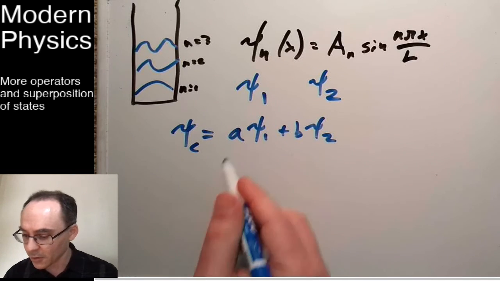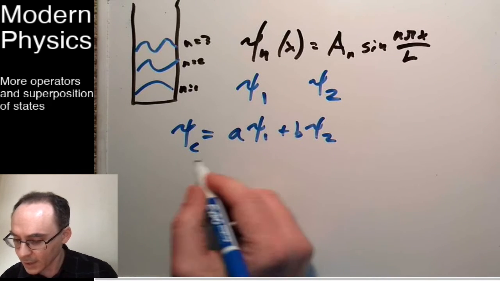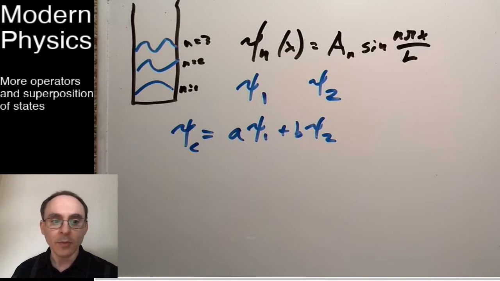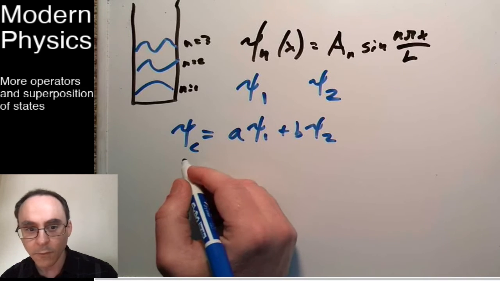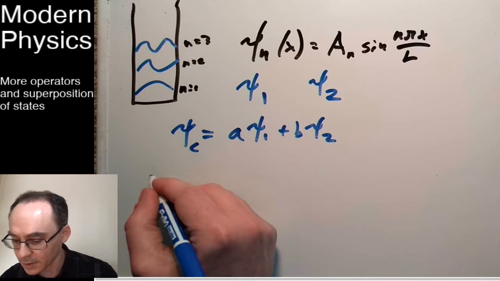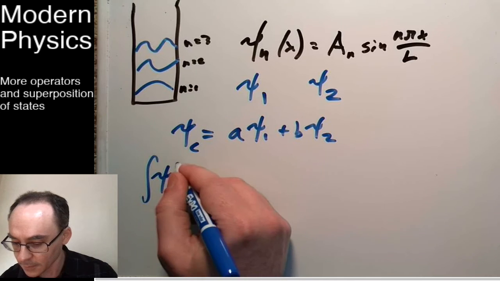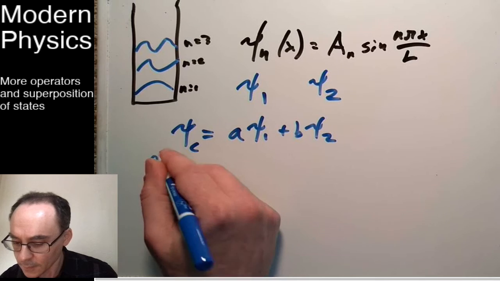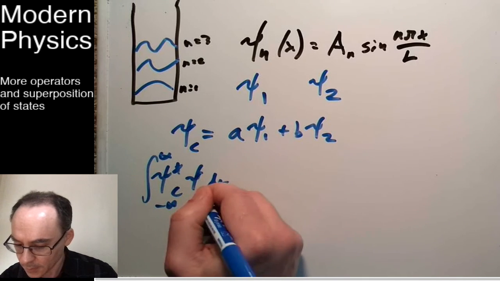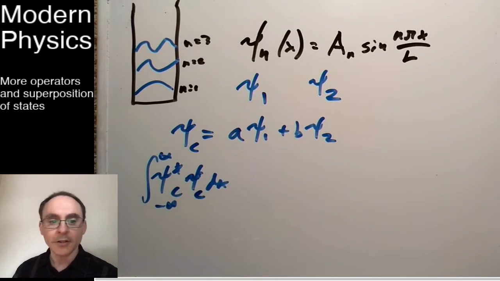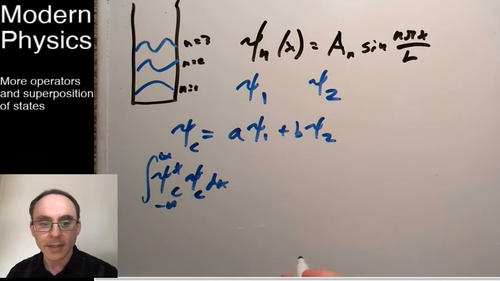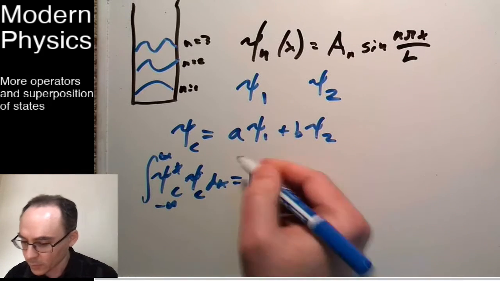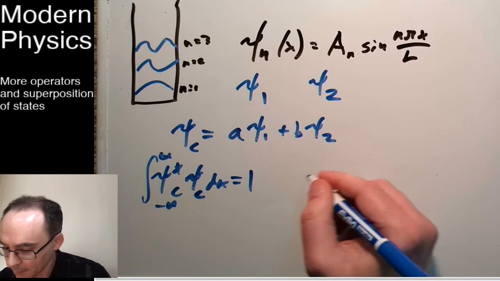So let's, before we even look at that, make sure our combo state is also normalized, that the probability of the thing overall being anywhere is 1. So what we want is the integral of our combo wave function times its complex conjugate over all possible positions to be 1. We want that. But if we just plug in what this combo state is, then we get